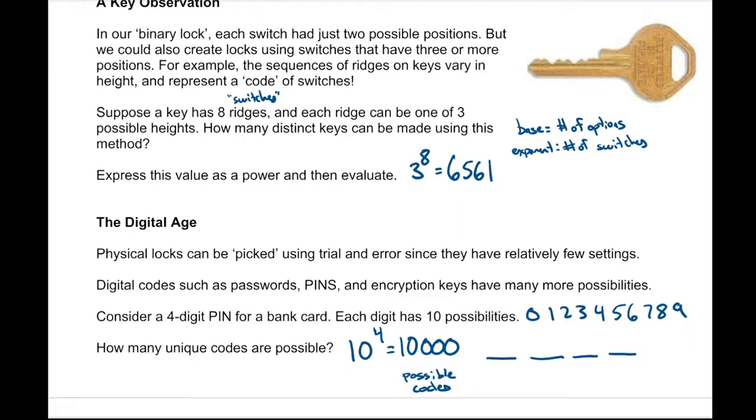But even with this, if you think about it, if you try to get a computer to manually come up with every single number, a computer could probably run through all the possible codes fairly quickly, right? So there are cases where